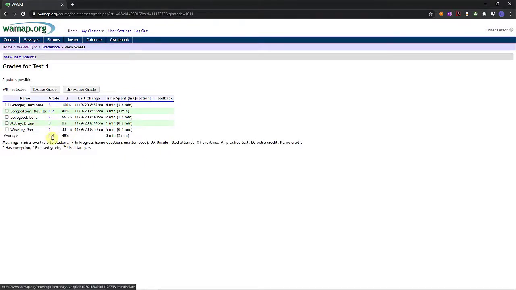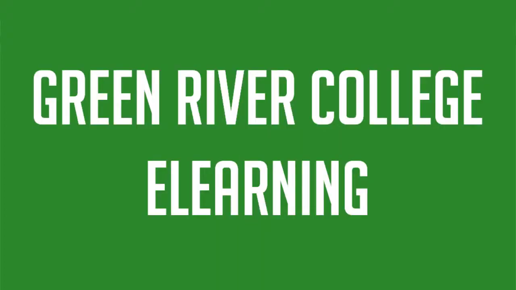So there are two ways to sort of easily get in and start changing grades for students beyond what WAMAP automatically gave. So compared to other ways we can get to the student scores and make changes to their grade, this gives us a more convenient way to more quickly get our grading done.